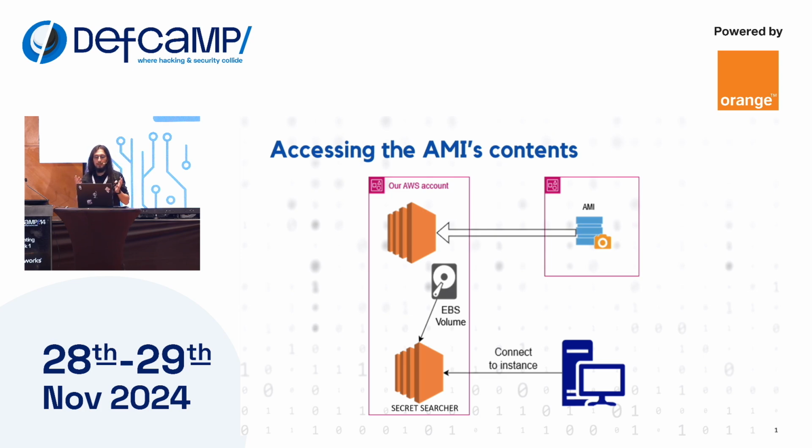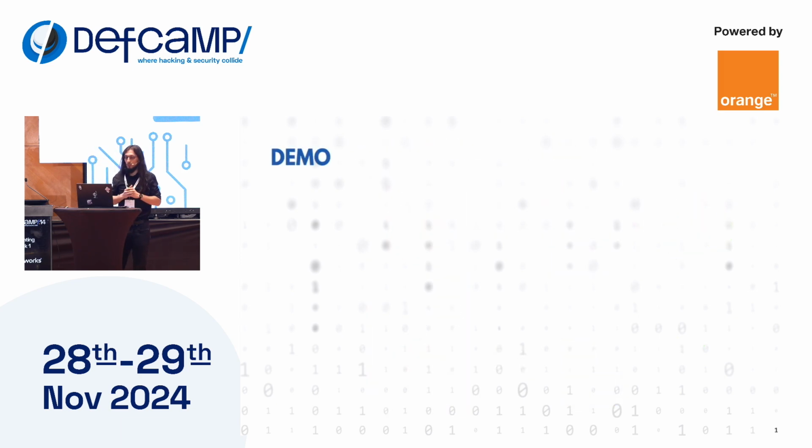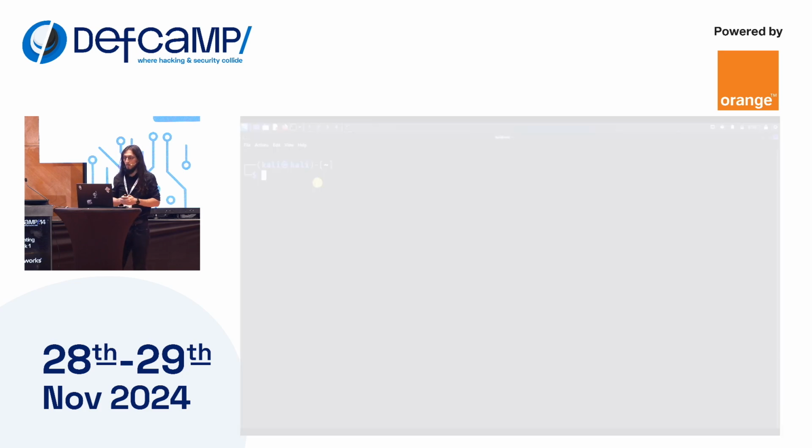Essentially, it's like receiving a laptop that you can't start, you can't access the data from it, and you just take out the hard disk, connect it to your working laptop, and you analyze the data. That's essentially what we did, and everything was happening within the AWS environment, which made everything fast, and it was also as reliable as possible from what we discovered. Now, let me show you in a demo how this went manually first.